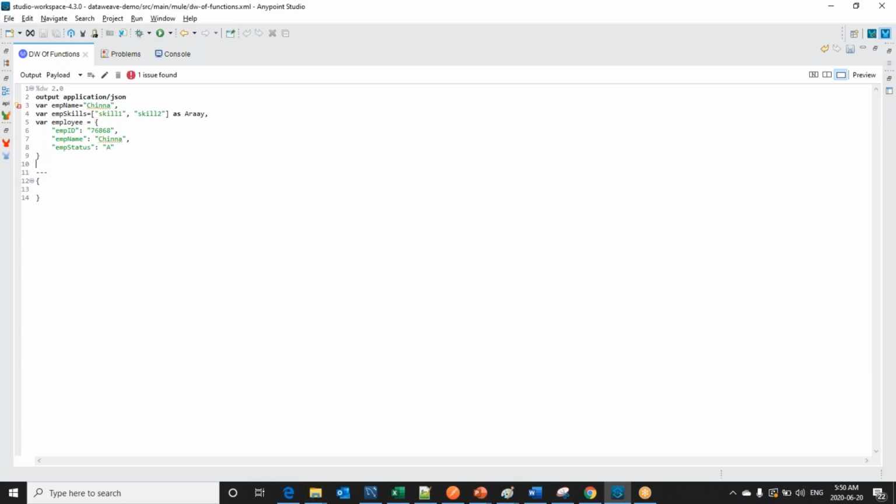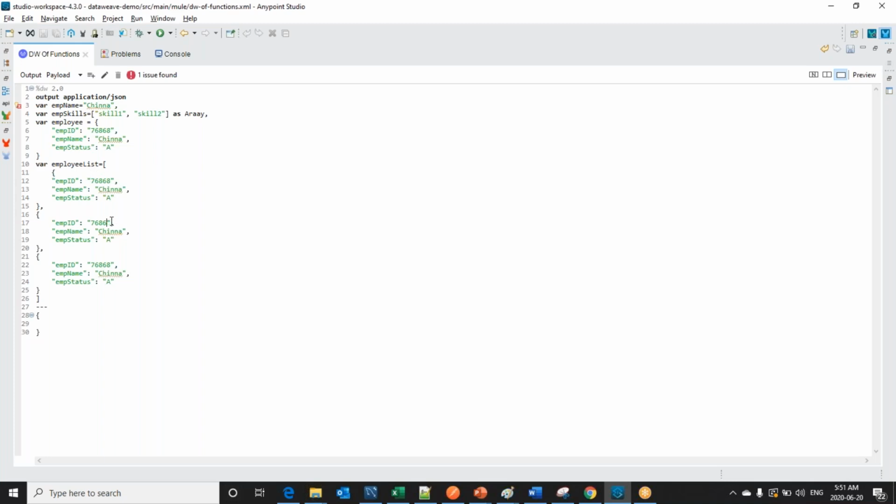Next let me take one more variable as employee list, which is going to be collection of employee objects inside an array. Let me copy paste the employee object. So I would like to show you the significance of size of with respect to field level. So I have taken emp name, and at array level, I have taken emp skills. At object level, I took employee object, and also I have taken a collection of employee. So let me change these values.